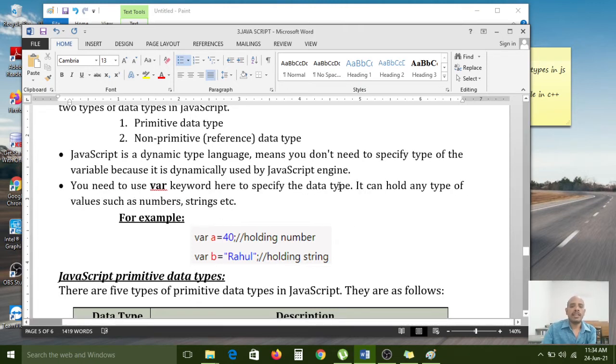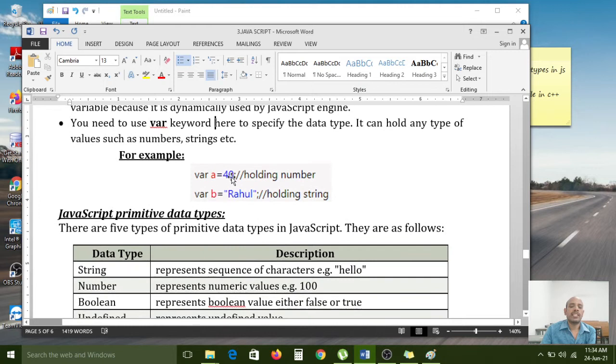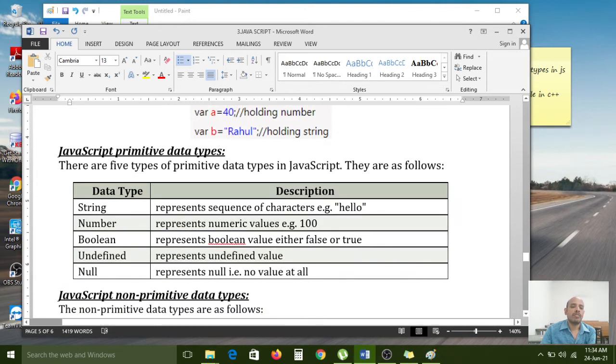It can hold any type of values such as numbers, strings, etc. Here I give an example: var a equal to 40, holding a number; var b equal to "Rahul", holding a string. Internally it decides a string value, because whatever value is passed between double quotes is treated as a string value. So the JavaScript engine internally takes it as a string data type.